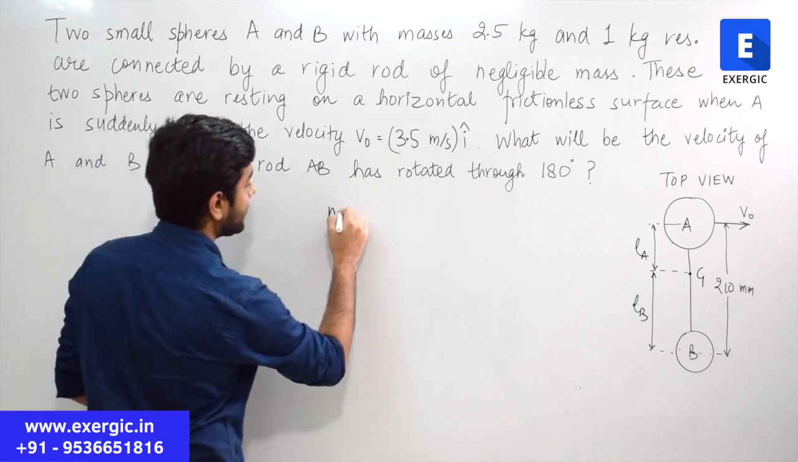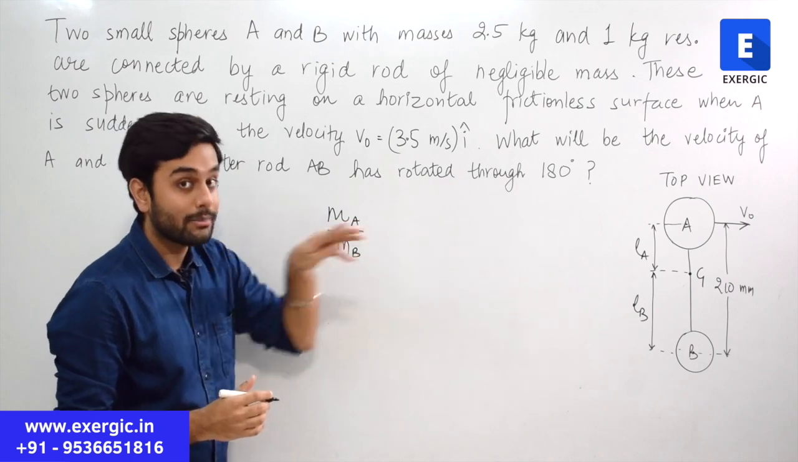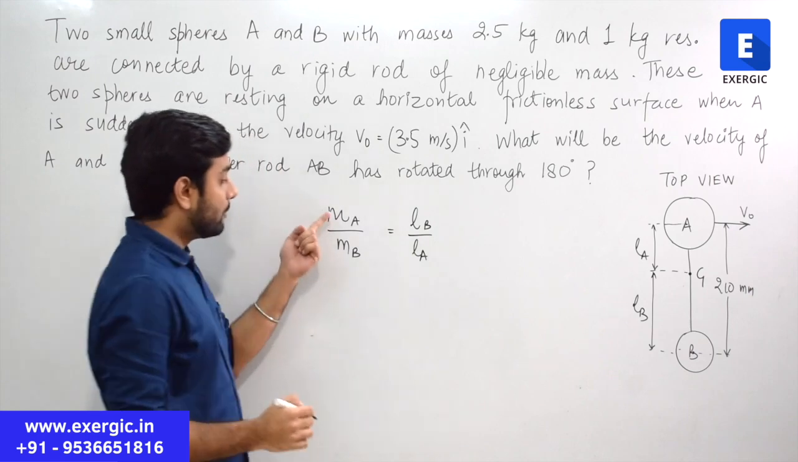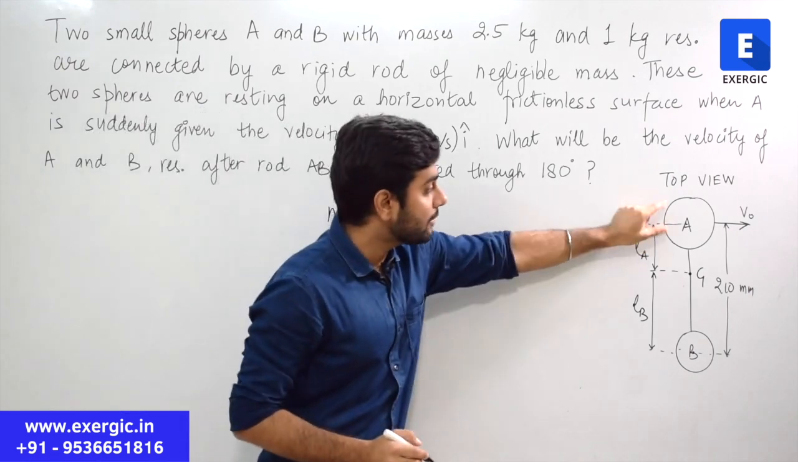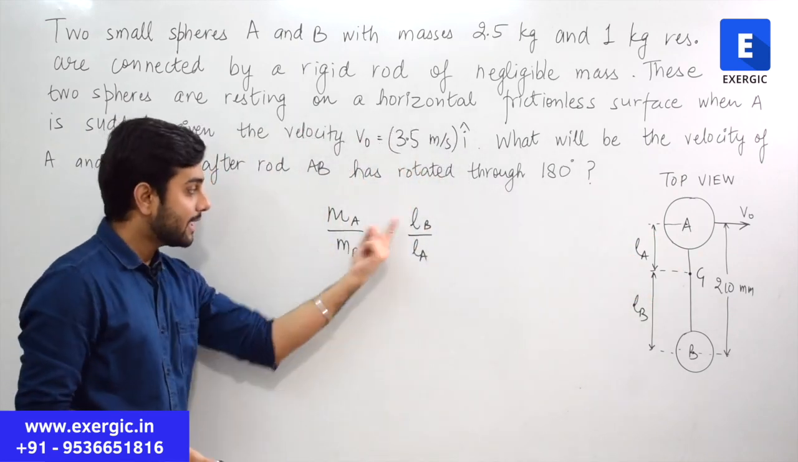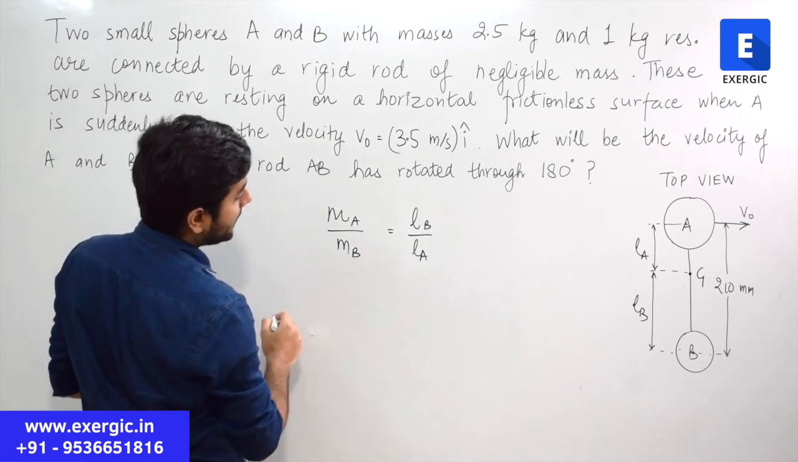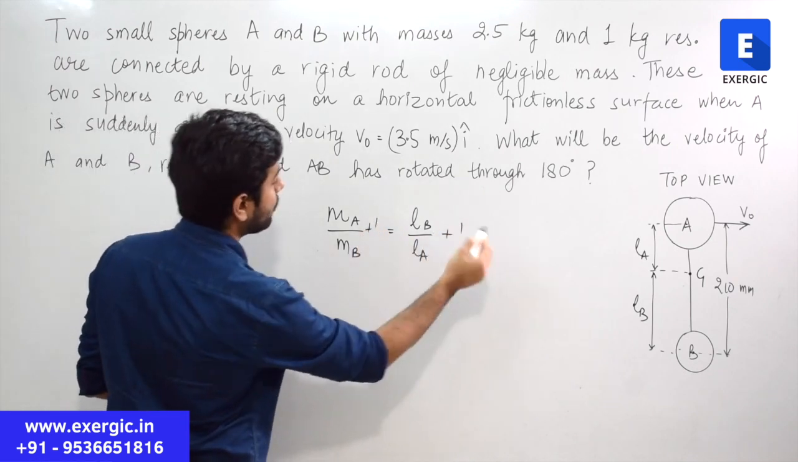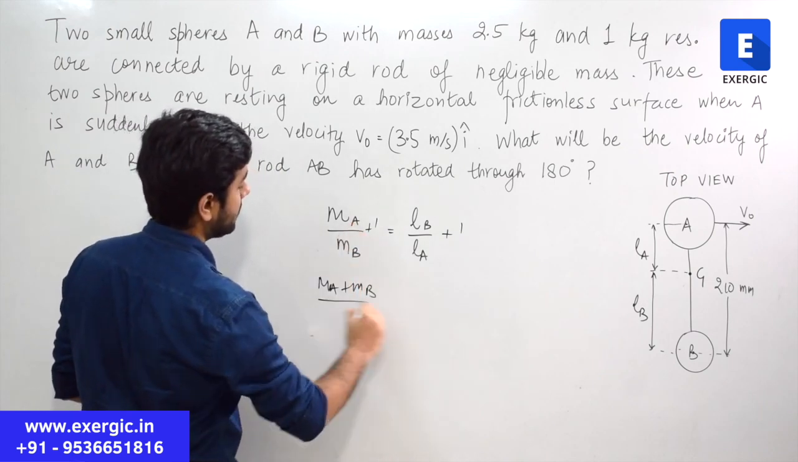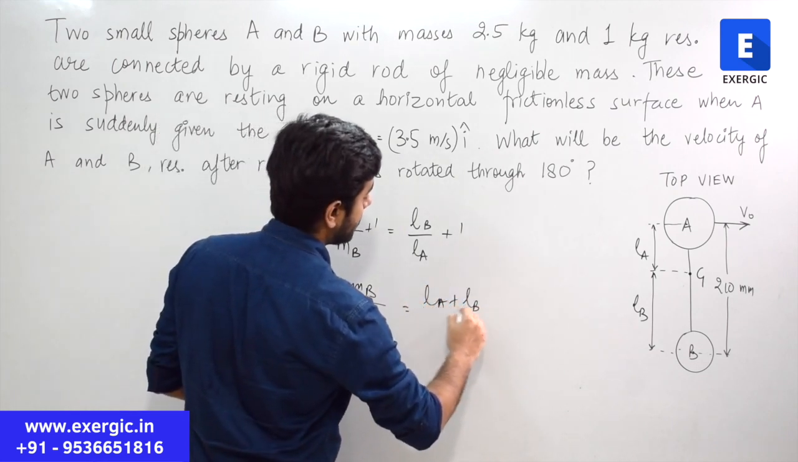So we can write that mass of A divided by mass of B will be equal to LB divided by LA. More will be the mass of A, G will shift towards A, LB will increase. Same can be seen here, right? Direct relation between them. Now in this expression, let us add 1 on both the sides. So you will be having MA plus MB here divided by MB is equal to LA plus LB numerator divided